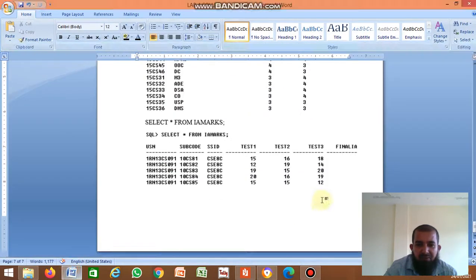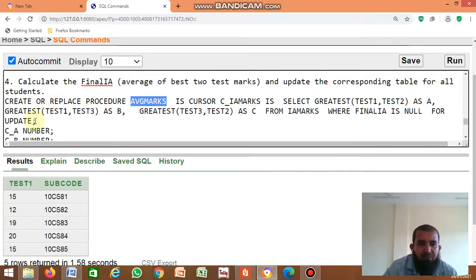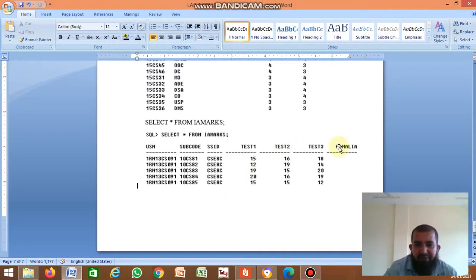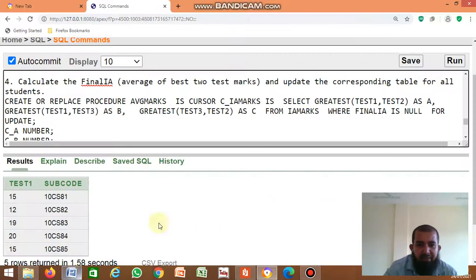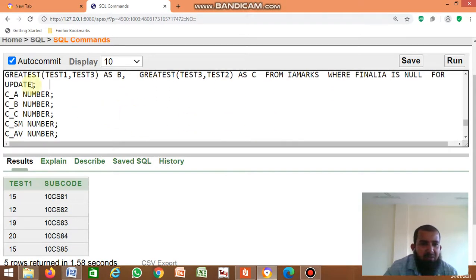So this is where final IA is null. For the update, you have to find the maximum among 2 tests, among these 2, these 2, and these 2, and give the names A, B, and C. Next, some variables are required: C_A number, C_B, C_C, C_SM for total, and this for average.